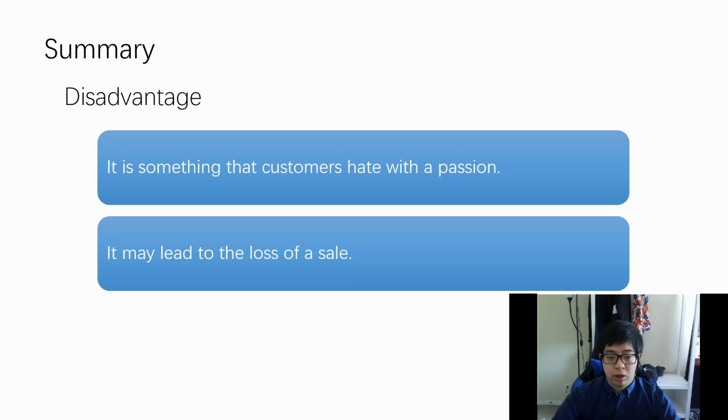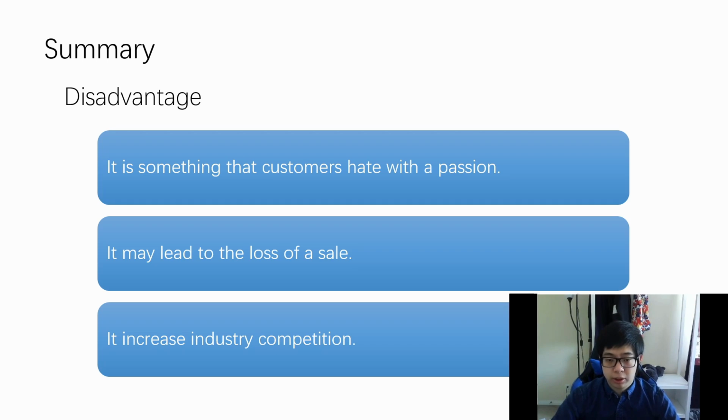The last one is that customers are loyal because of the value of a certain brand. Dynamic pricing can change it. This means that brands pay more attention to profit than to providing customers with something valuable. At this time, the competition in the industry will intensify because more brands believe that they can create a disruptive impact. That's all. Thank you.